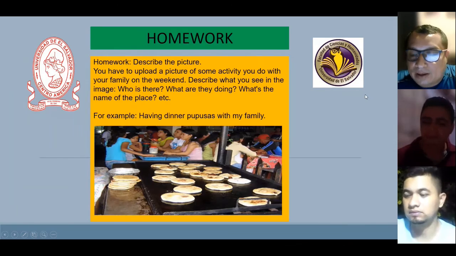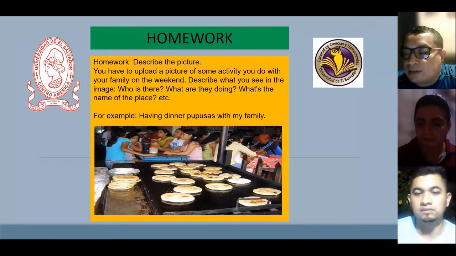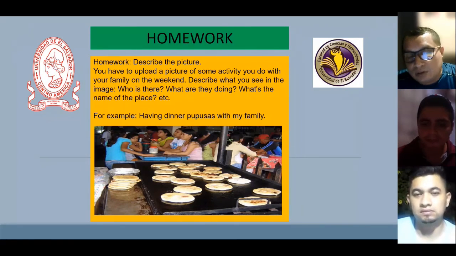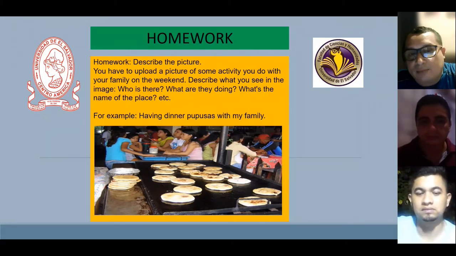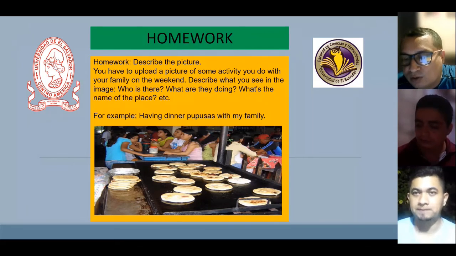Let me explain about the homework. This is the activity describe the picture. You have to upload an image of some activity you do with your family on a weekend. Maybe this month or the past month,